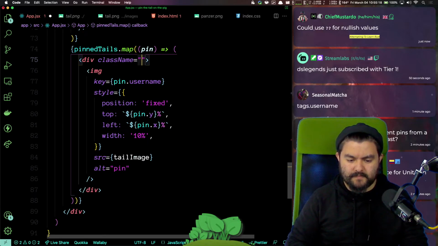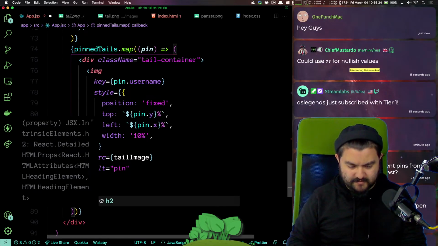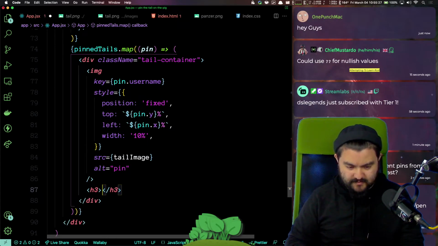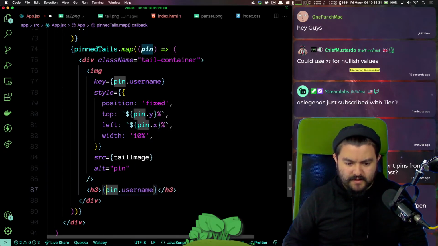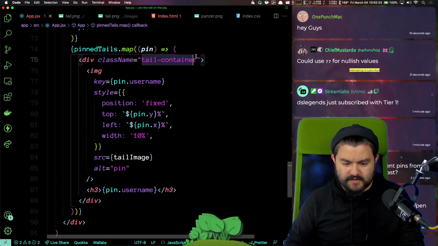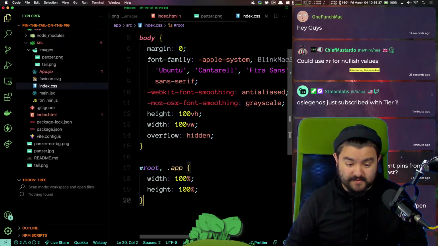Class name tail container. And then we'll throw a little h3 with the pin.username. And we need some CSS. So the tail container, I think, should be a flexbox.